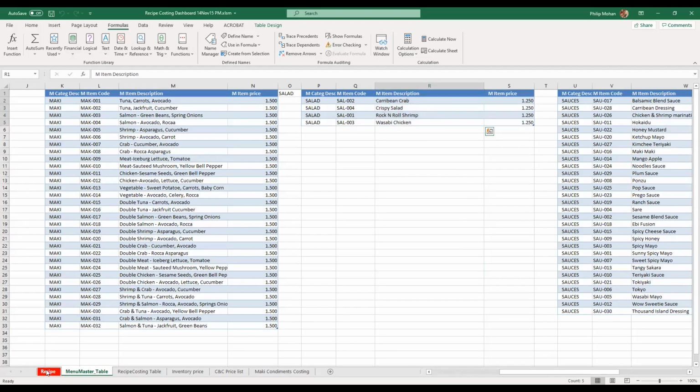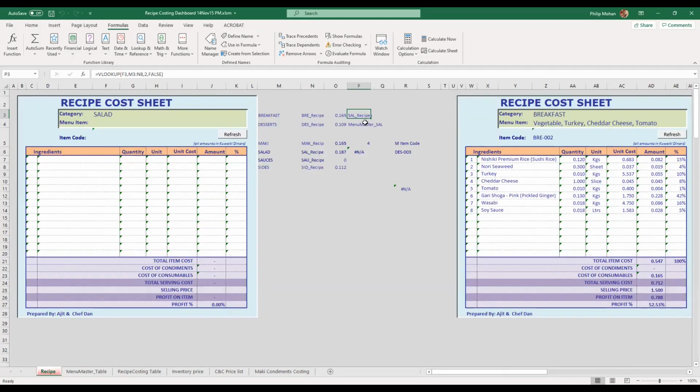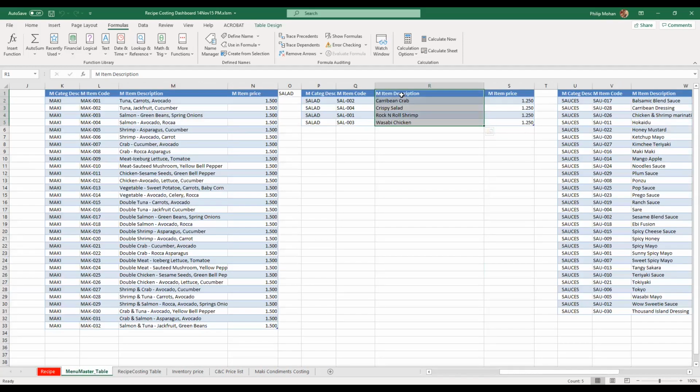So when I choose salad here, this name becomes SAL recipes. And this drop-down list says, get me the data that is under this name. In other words, when it says INDIRECT P3, it says get me the information stored under this name, SAL recipes, which we saw was in this particular range.